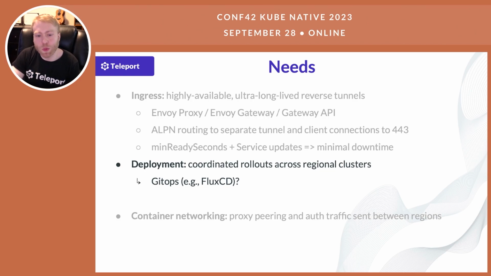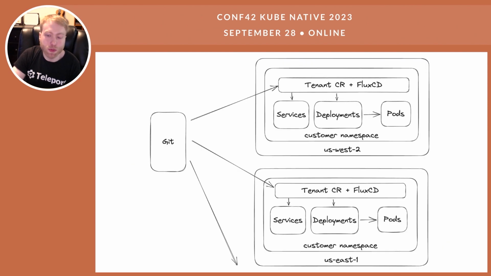The first thing we tried was GitOps. So you're doing deployment to Kubernetes clusters. What's the first thing you think of, right? Use FluxCD or a similar tool to deploy it from a Git repo. And so we had our own custom controller, a CRD that's reconciled by a controller we have called tenant controller, and the CRD is of course called tenant. And we thought about storing that configuration in Git for each customer, and then applying that to all of the